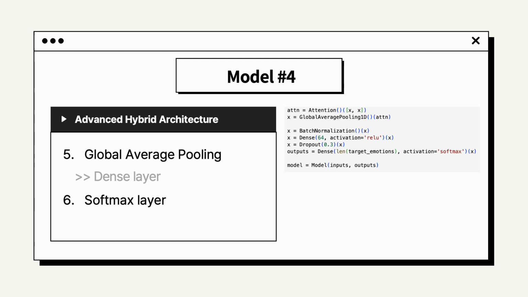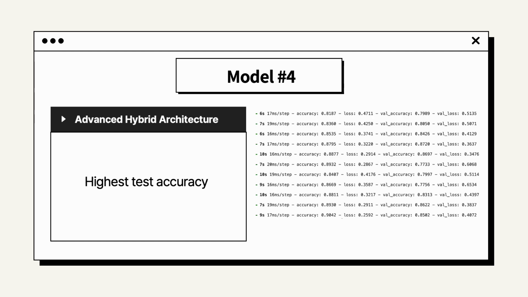This was followed by global average pooling, a dense layer, and finally the softmax output layer. This comprehensive approach, combining advanced architecture, data augmentation, external data integration, and adaptive learning rate, yielded the highest test accuracy among all our models.